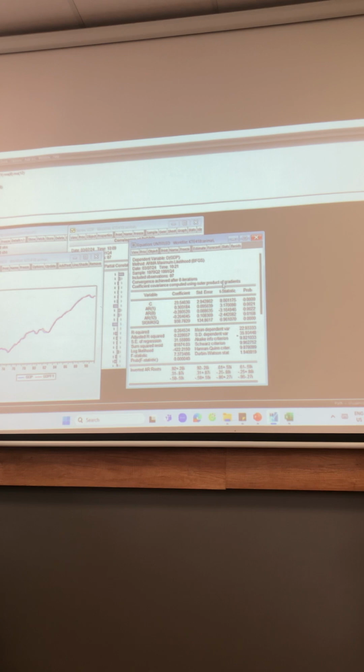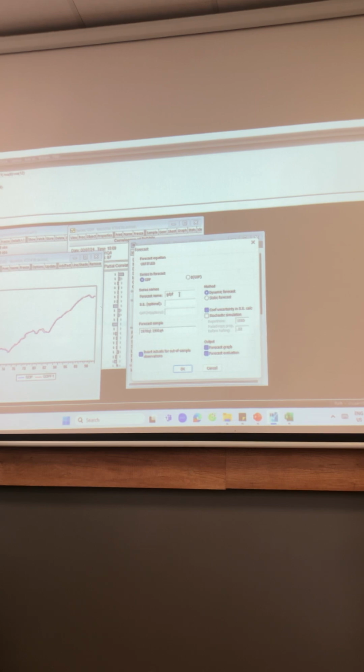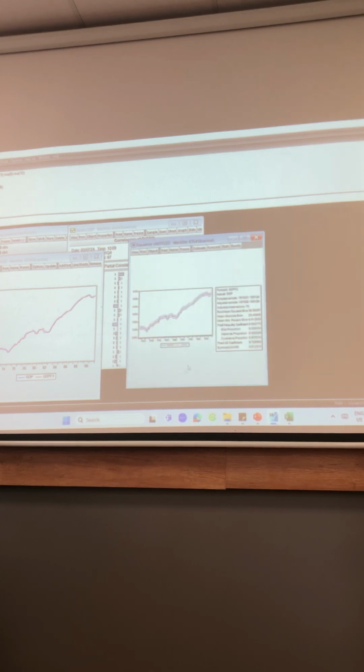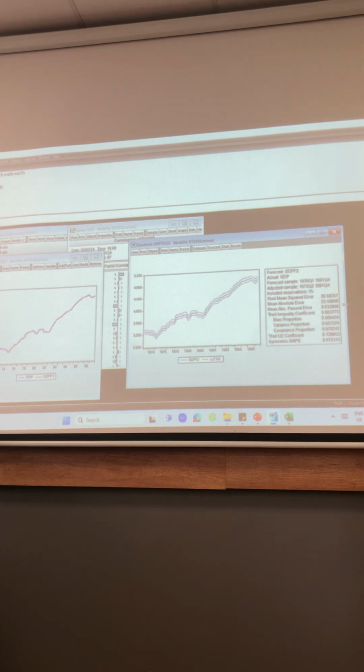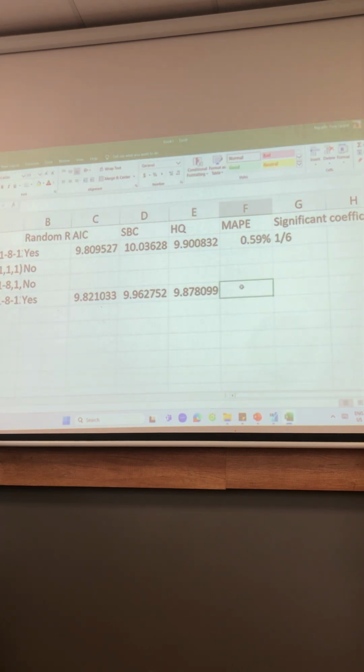Let's see whether the MAPE of this one is a good one. Let's go to forecast. Let's name the forecast series GDPF2. We will use the static forecast, and click OK. Now the value of MAPE here is 0.613%, and the number of significant coefficients